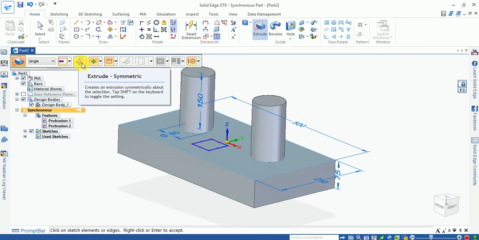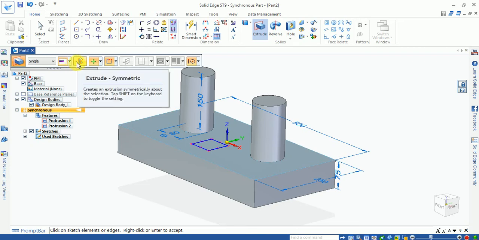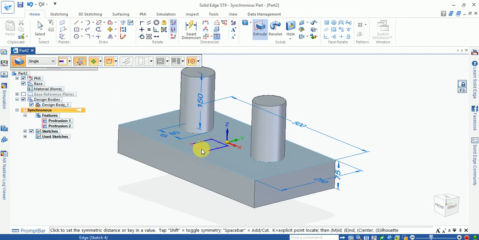Now you can see extrude symmetric. If you select this one, then select the chain, and all the sketch will be selected. Now right click, up and down.